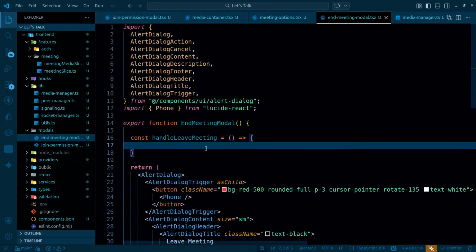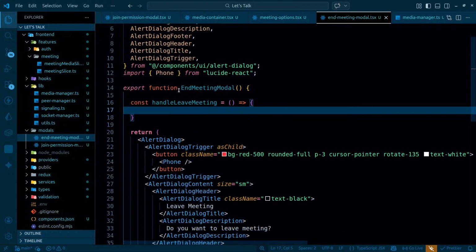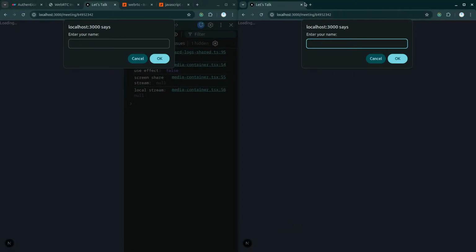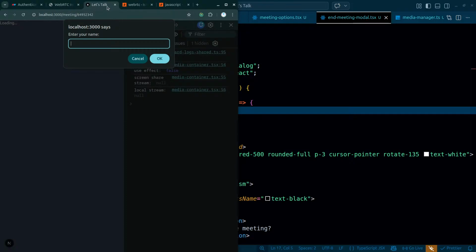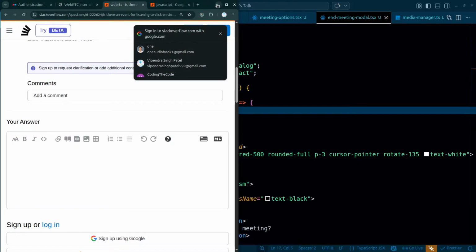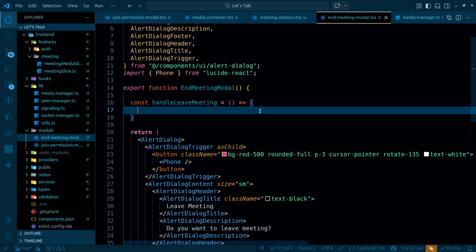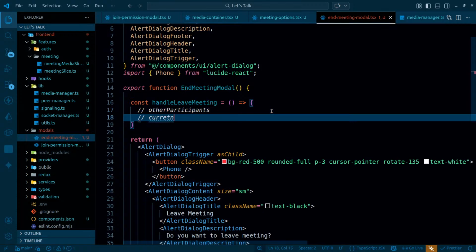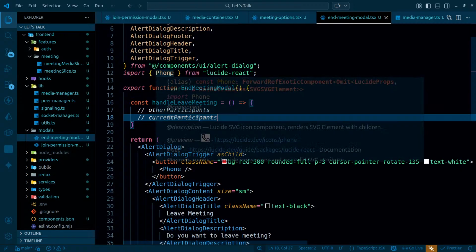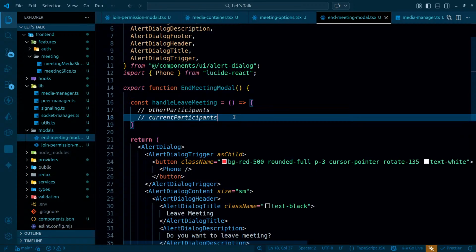Coming back to this, when I click on this handle leave meeting, first of all let me stop these things, otherwise they will keep popping up over and over and drive me crazy. When I click on this, what should I be doing? First of all, on my front end side I already have two things: other participants and current participants. When I click on that, at that time